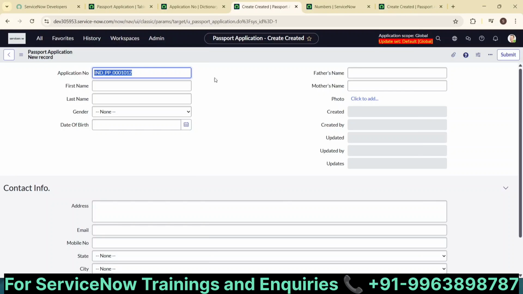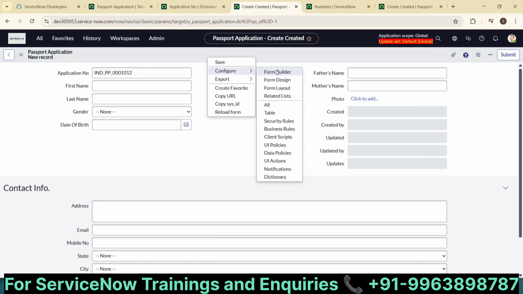The same scenario: right click on the column header, go for configure, and we have the form design. We can also do it by form builder, but in real-time scenarios we don't have form builder till now. We have only these two things in the Vancouver and Washington DC versions. Just click on form design,